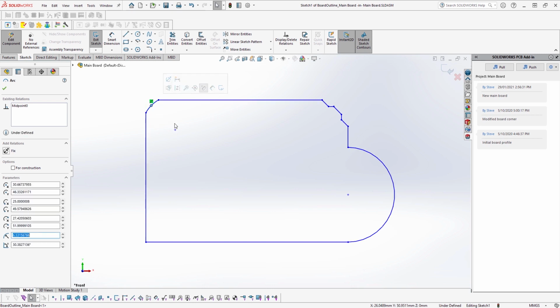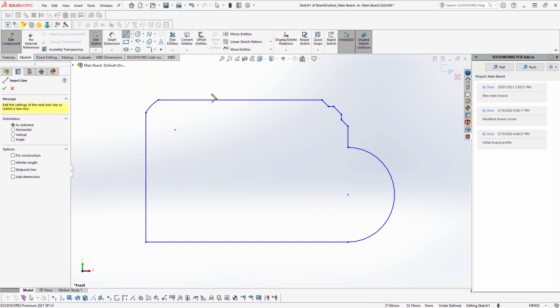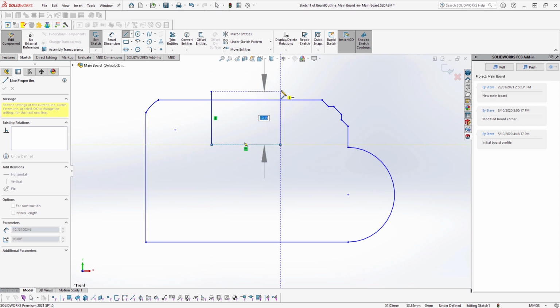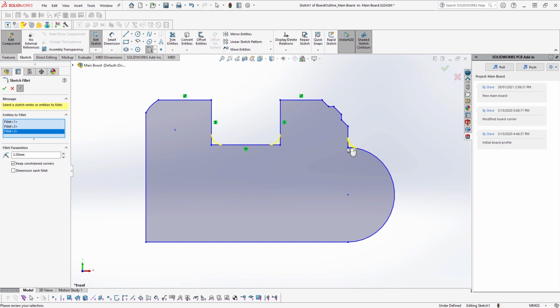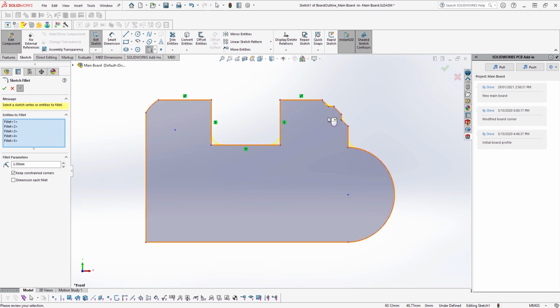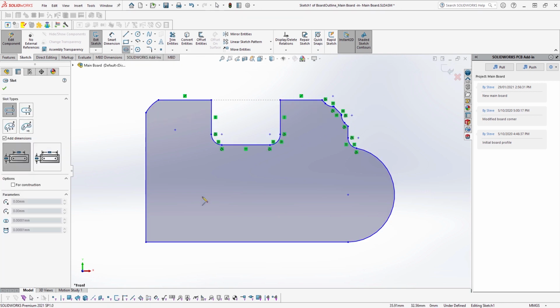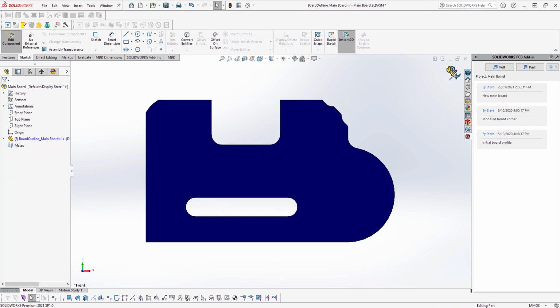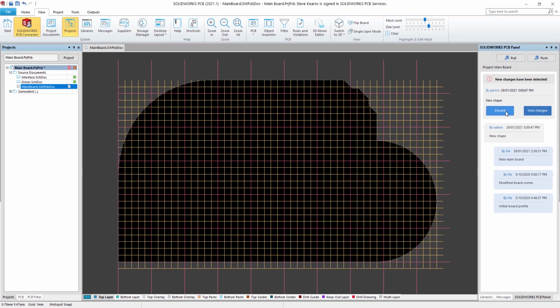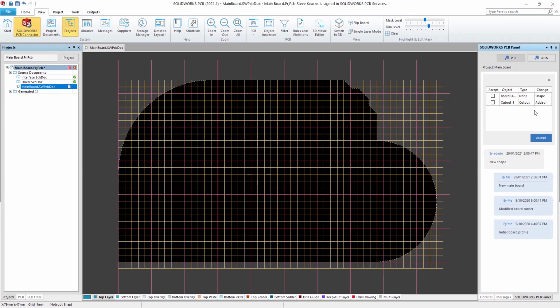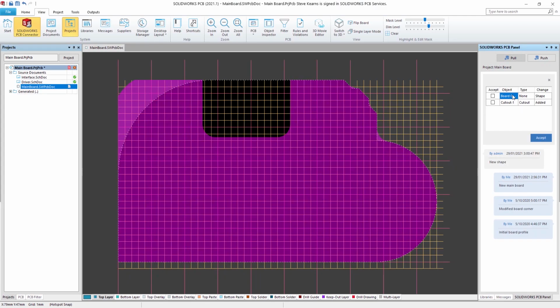A huge advantage is that the profile can be accurately defined for its future position in upper assemblies. After pushing back, the proposed changes can be reviewed before acceptance.